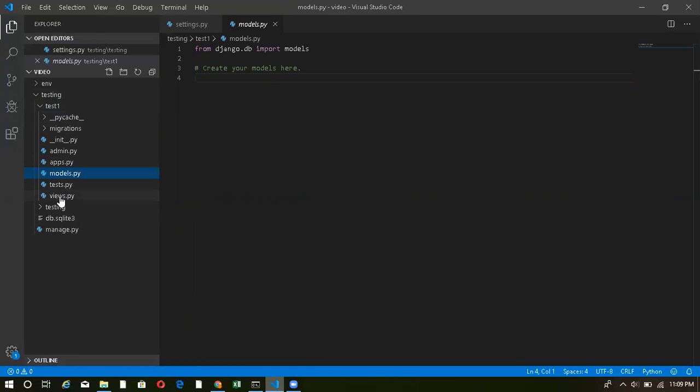Now, views.py is responsible for creating functions. Basically, we use an MVC framework, which is model view controller. We create all the views inside views.py. You'll get to know more once we start using it.